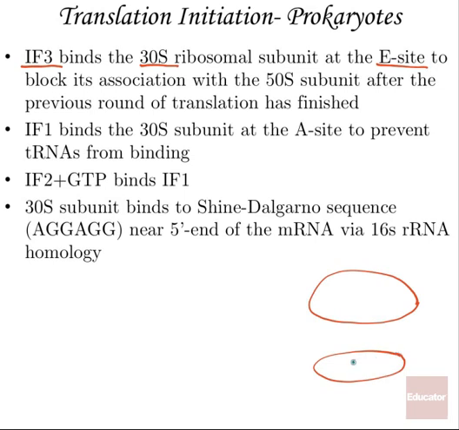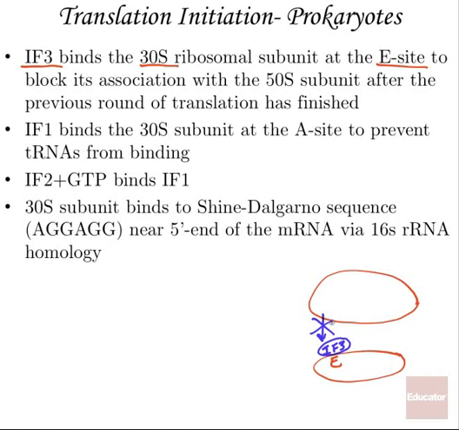Okay, so if we have the exit site here, we have IF3 binding, and that does not allow the full 70S ribosome complex to be constructed. All right. And so the IF3 protein binds the 30S subunit after the previous round of translation is finished so